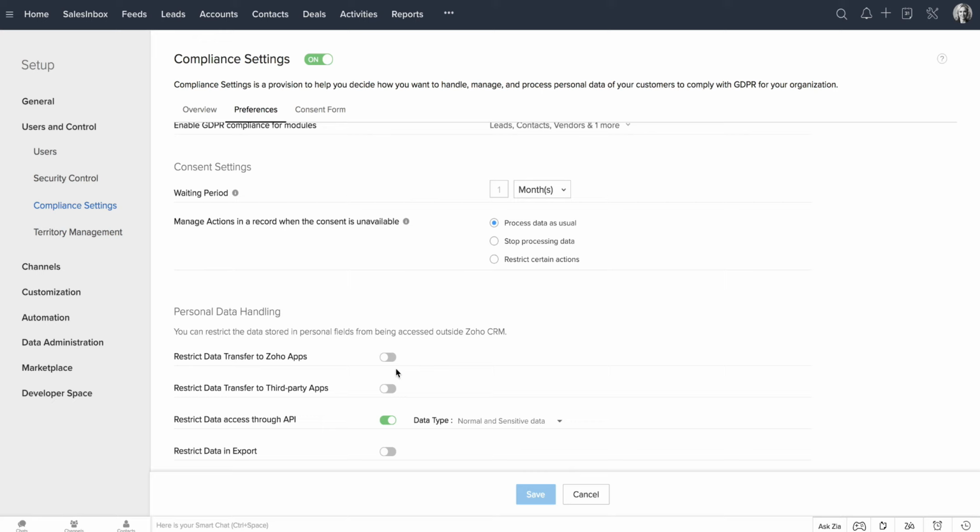Now as of now, apart from the API, everything is off. It means it allows the personal data to be transferred if required to other applications. What I mean by Zoho apps here is inside Zoho CRM there are various integrations we are providing. For all those integrations, whether we can supply this personal data to those services or not, you can take a call as a Zoho CRM user or a Zoho CRM administrator. You can take a call if you want to have a very stringent rule saying that none of the personal data from my CRM database should go to the